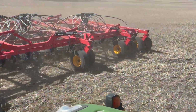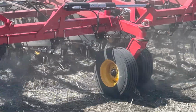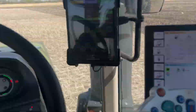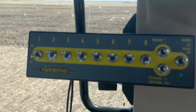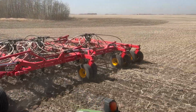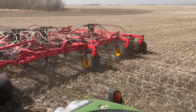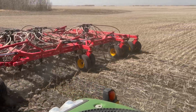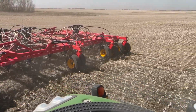Sometimes section 1 has a mind of its own. See how those fertilizer knives out front aren't pushed in like these ones? No good. Trying to reseed this section where it missed. Went outside, there's no leaks or nothing. Shut the opener hydraulic off. Restarted it. Now it wants to go down, but usually when it goes down, it doesn't want to lift back up, so